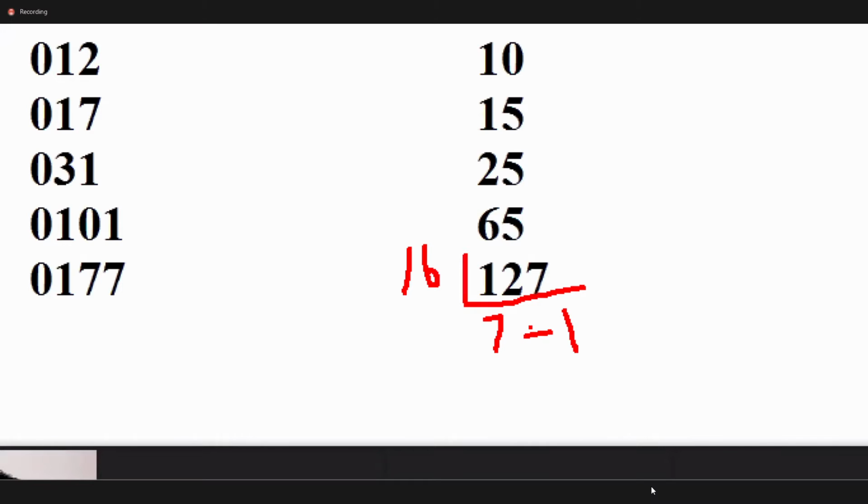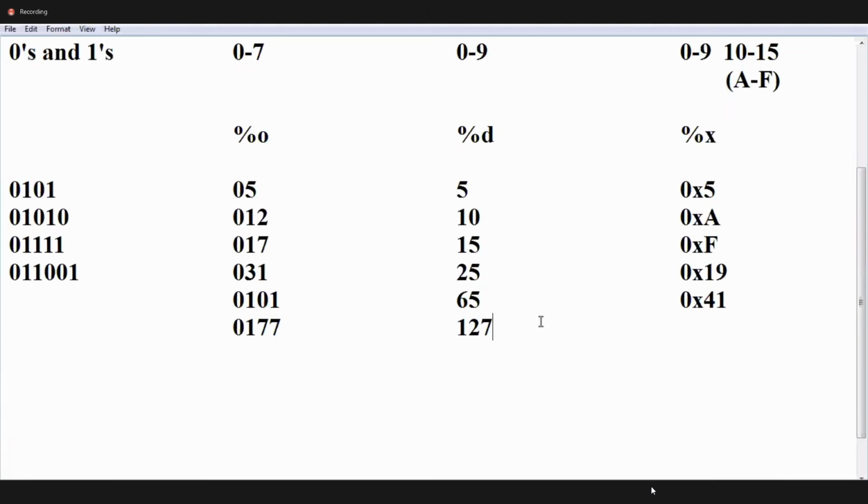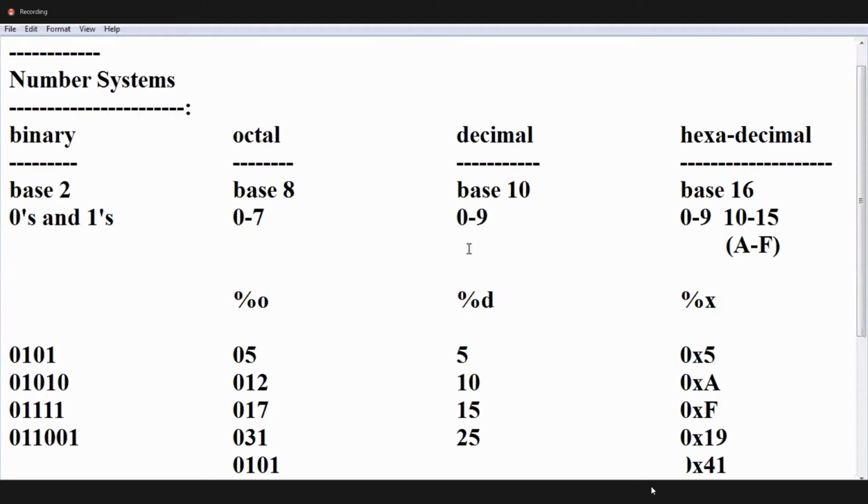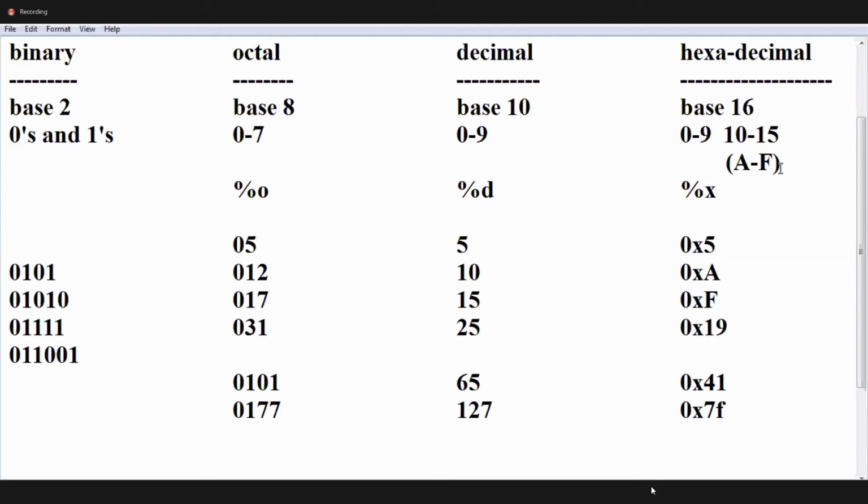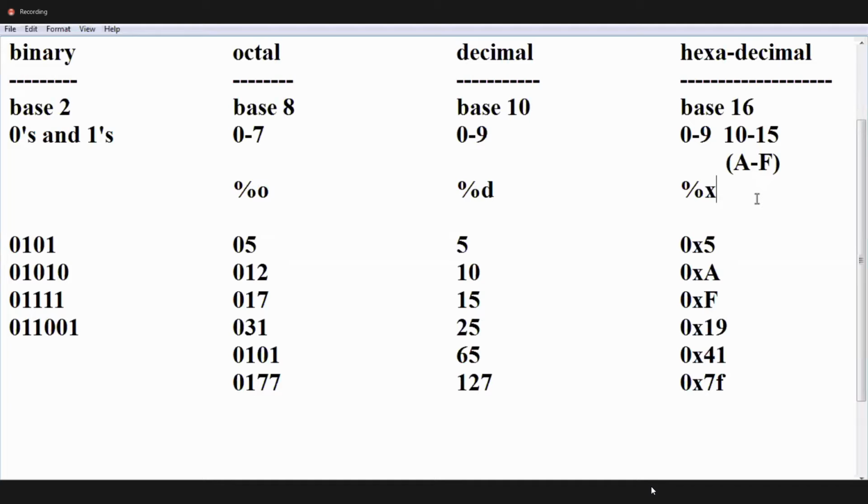Remainder is 15. You will get 7F. Okay, 7F. 0x7F. Clear? This is the types of numbers, guys. Binary, decimal, hexadecimal, right? Octal.